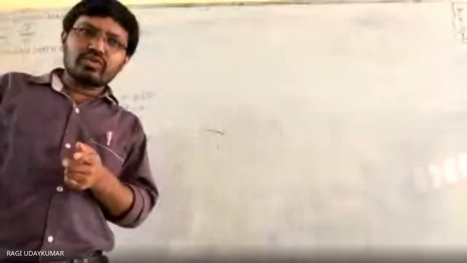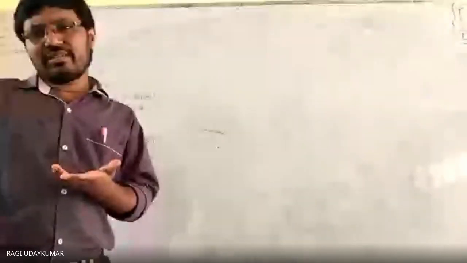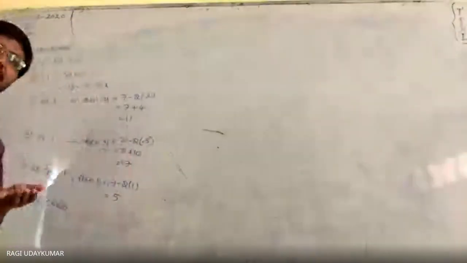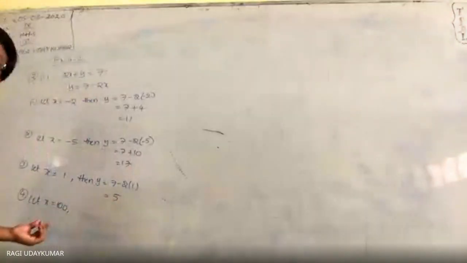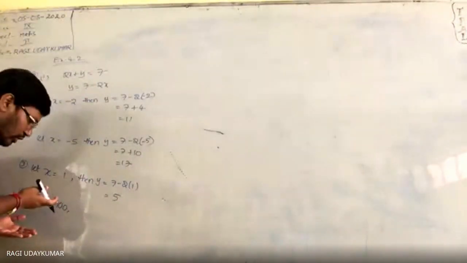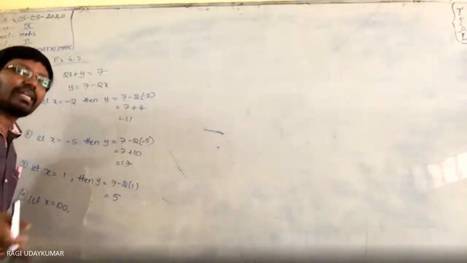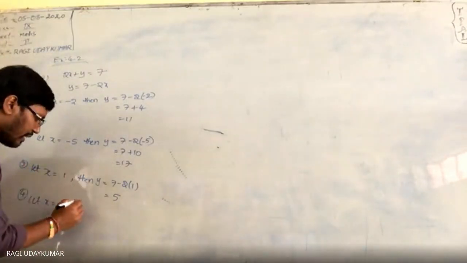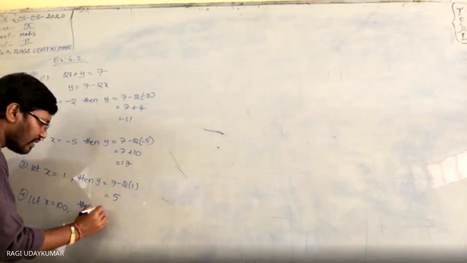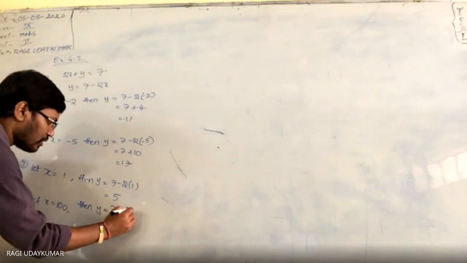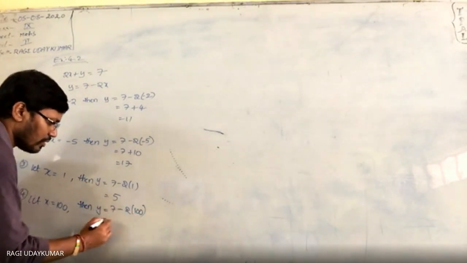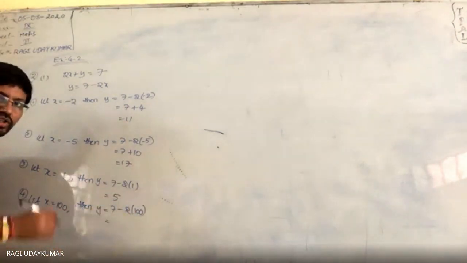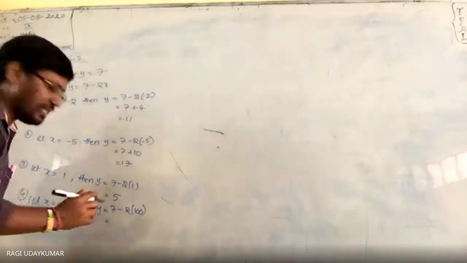Every linear equation is going to have infinitely many solutions, so you can take any number. I took 100, you take 2020. What's wrong in that? It's not wrong. So then y equals 7 minus 2 into 100. 7 minus 200. So 200 से 7 subtract करो, 193, so minus